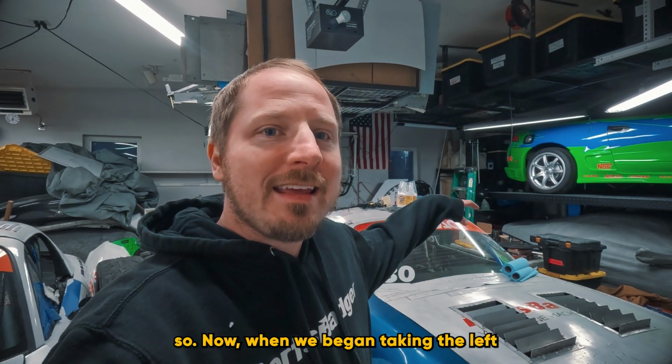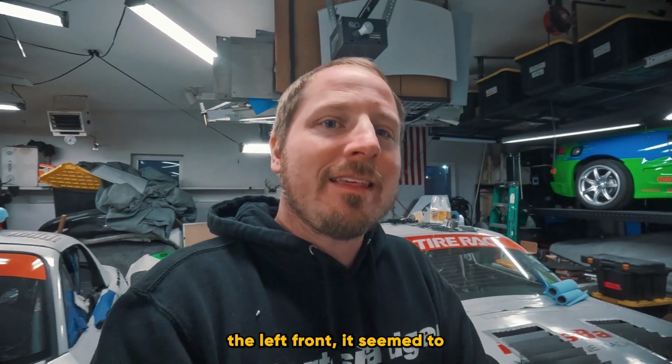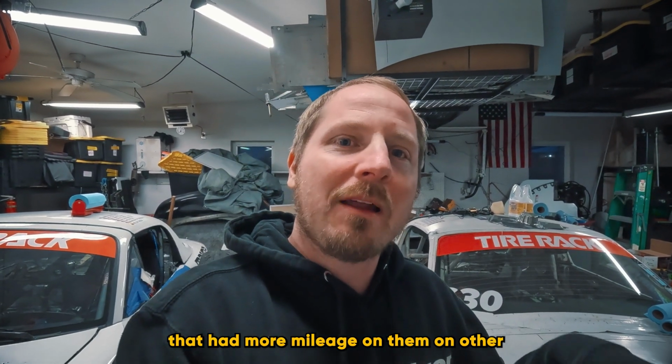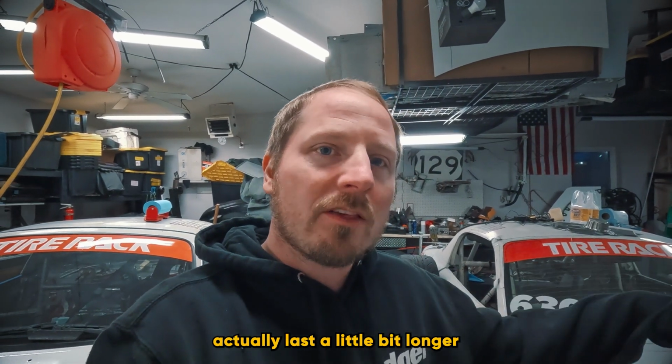Now, when we began taking the left rear tire and putting that in the left front, it seemed to last a little bit longer. Now, these were preheat cycled from Tire Rack, but it seemed that the tires that had more mileage on them on other corners of the car would actually last a little bit longer